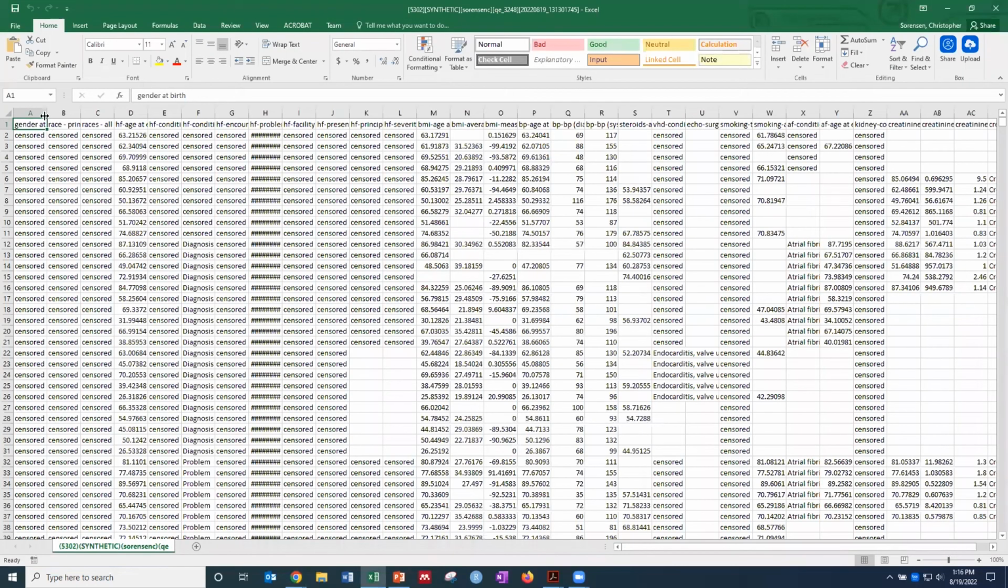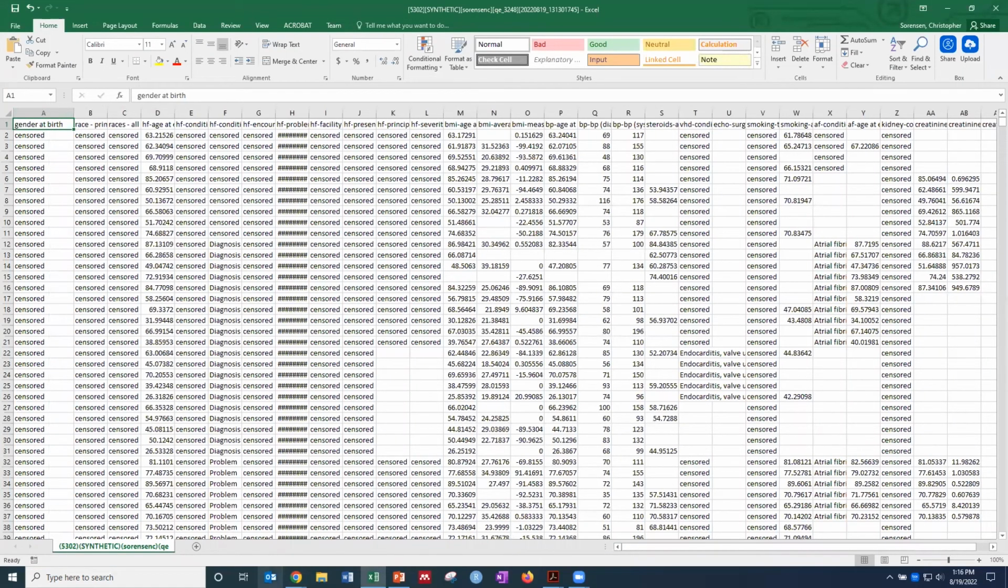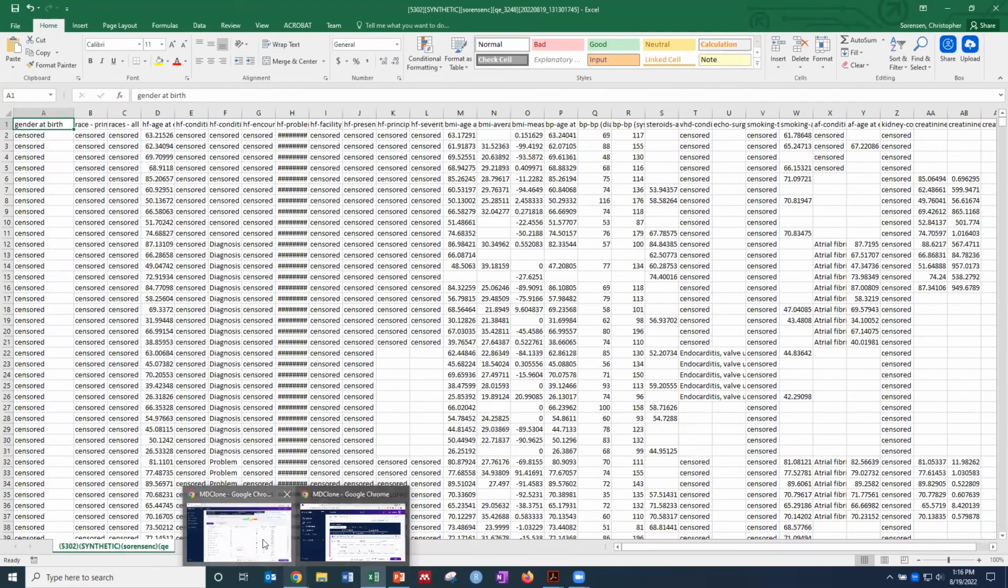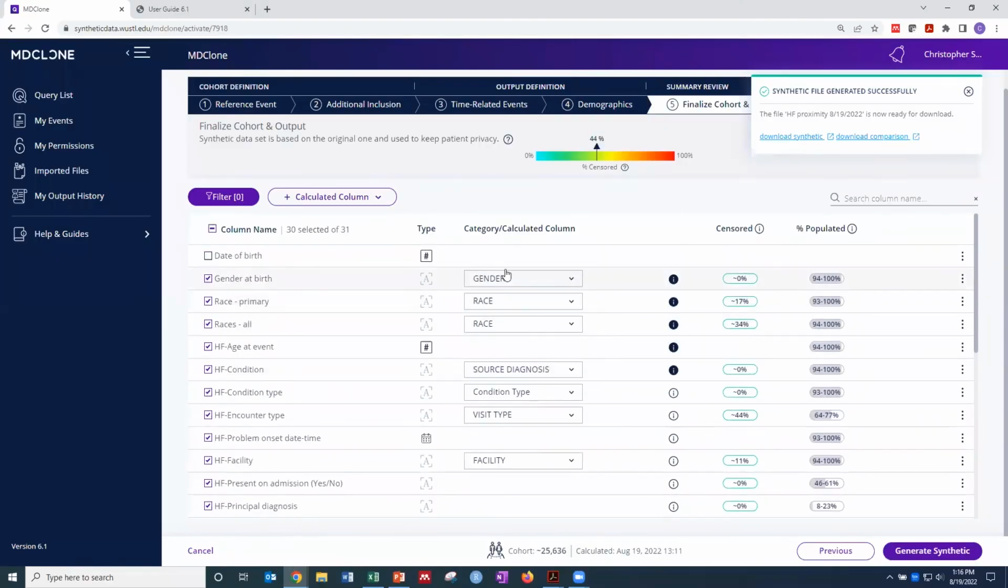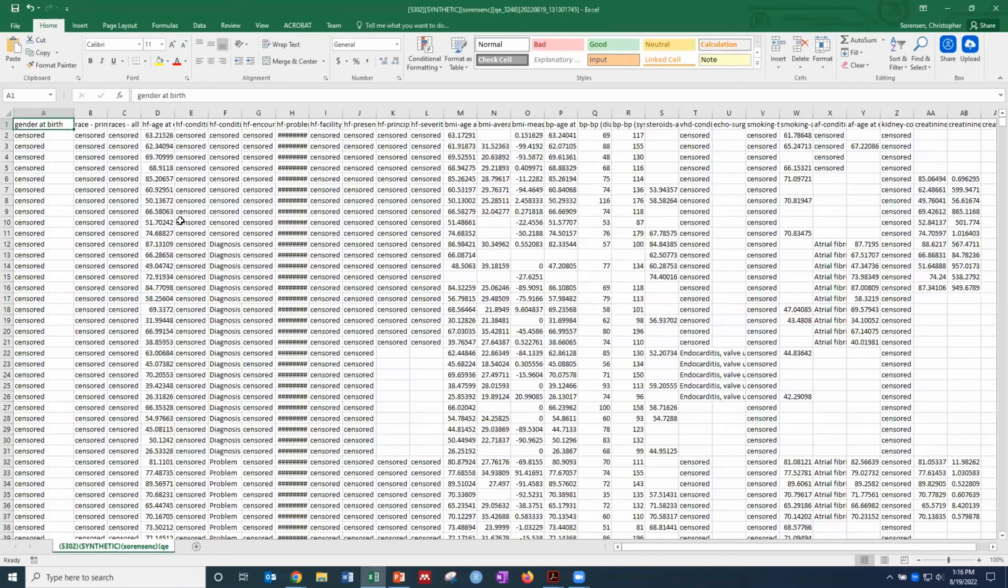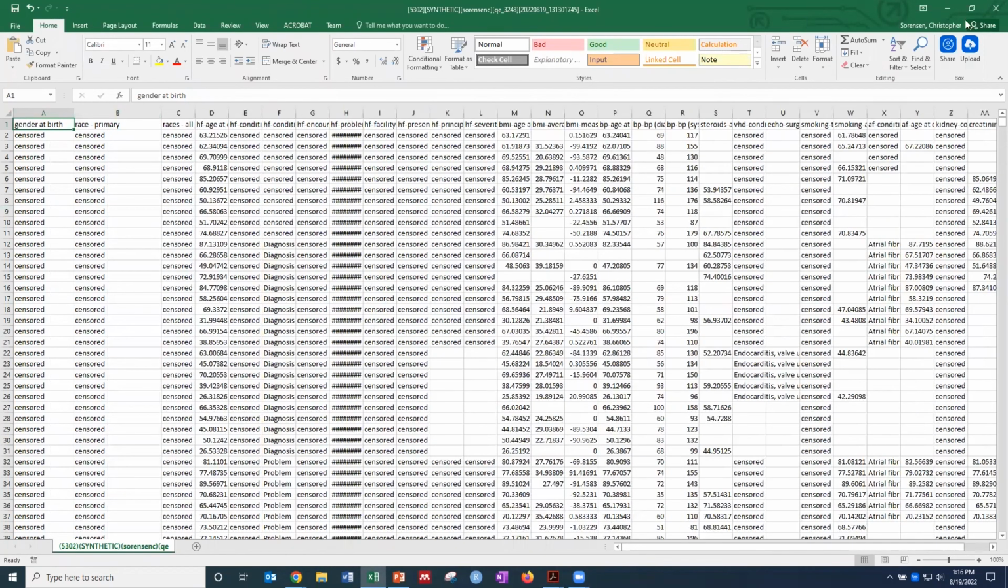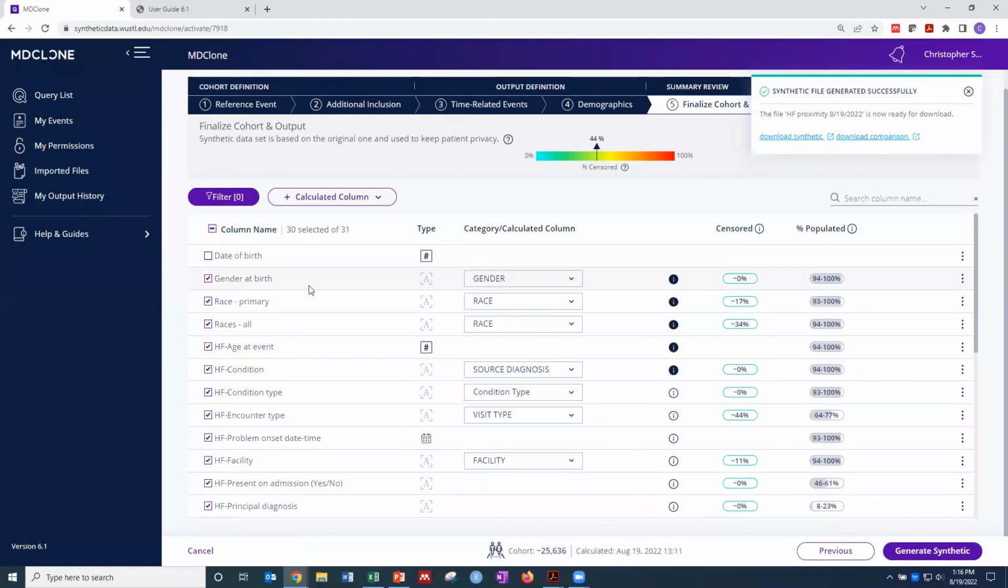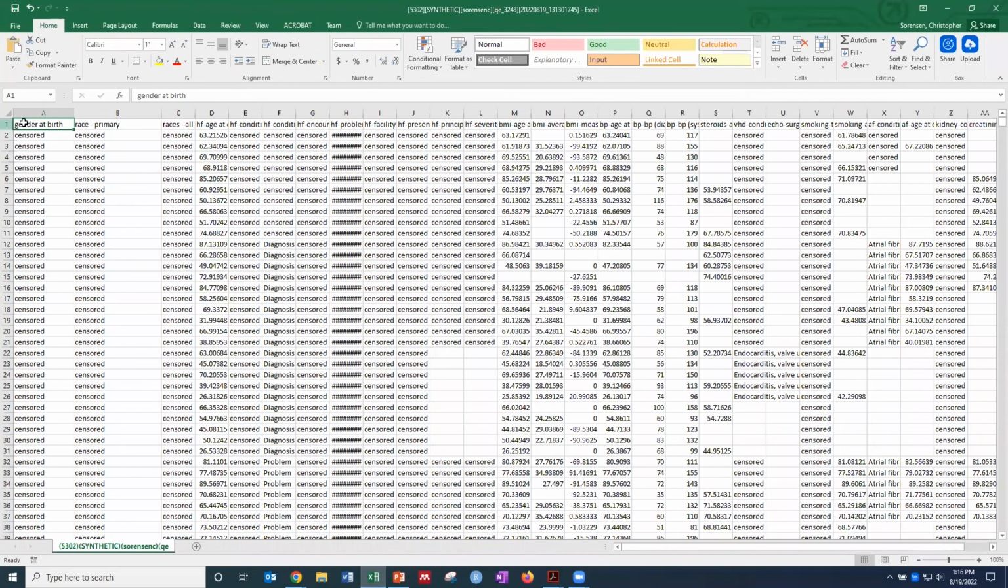Okay, so we've got a lot of censoring. Let's see here. Gender of birth. So it looks like maybe the censoring is just happening towards the top, because it's telling us we shouldn't have much censored for gender at birth. Notice I unchecked date of birth, so that's not there. So let me just quickly